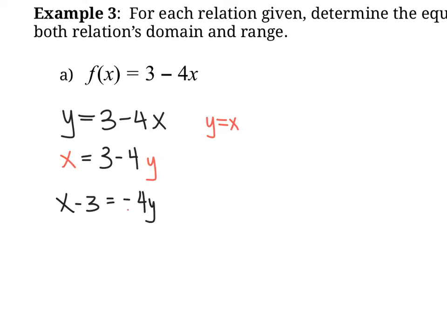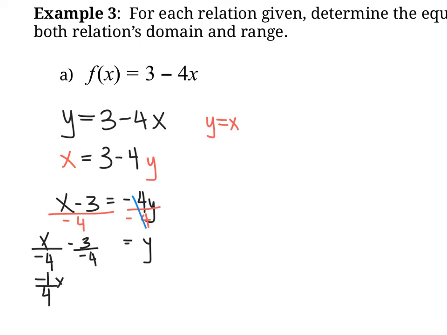I'm going to divide by -4 on both sides. This guy will go away. And let's just simplify this. So I'm going to divide each element by -4 here. And then let's just simplify. We don't want to leave a negative at the bottom of a fraction, so I'm going to rewrite this as